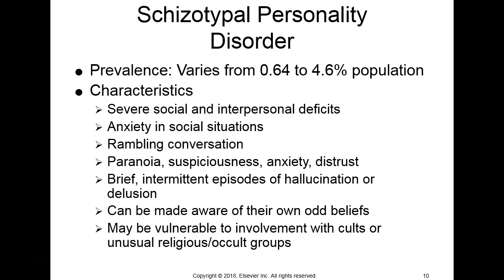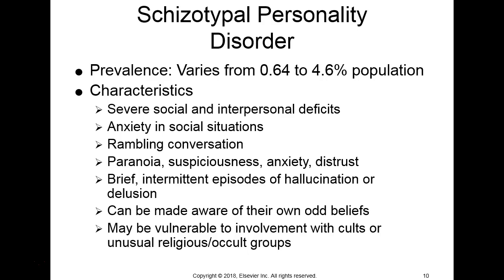But the big difference between this and full-blown schizophrenia is that in this type of disorder, personality disorder, the delusions might not be, so a delusion is a false fixed belief not based in reality. It's less entrenched than it would be if somebody had schizophrenia. So in other words, somebody with schizophrenia that has a delusion, you cannot talk them out of it. But you might be able to talk them out of it with a schizotypal personality disorder. And usually the delusions aren't going to be quite as bizarre as they can be when people have schizophrenia.